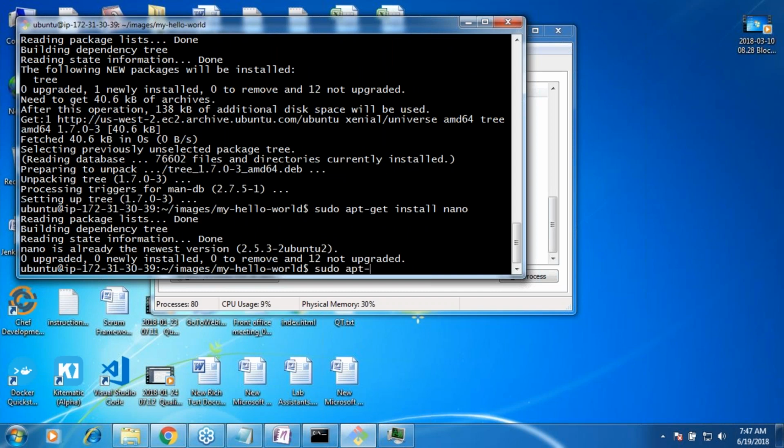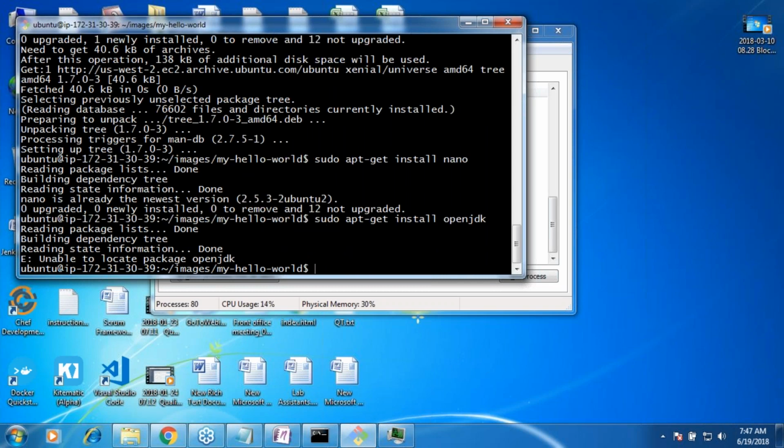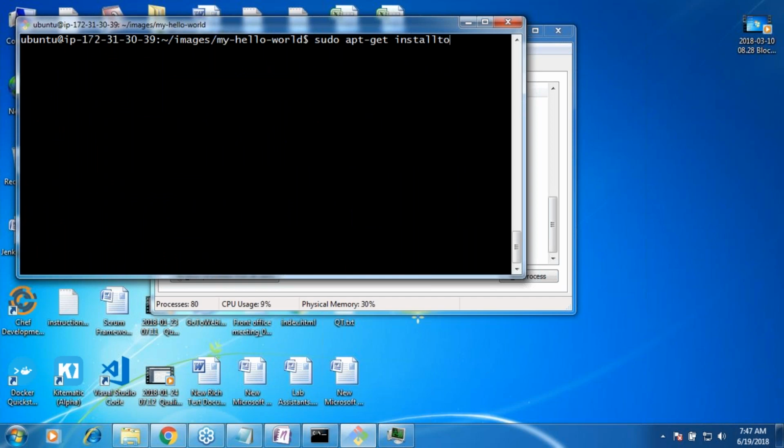Sudo apt-get install openjdk. Let me do this: sudo apt-get install, because I don't want to run this command. I want to just see that prompt.